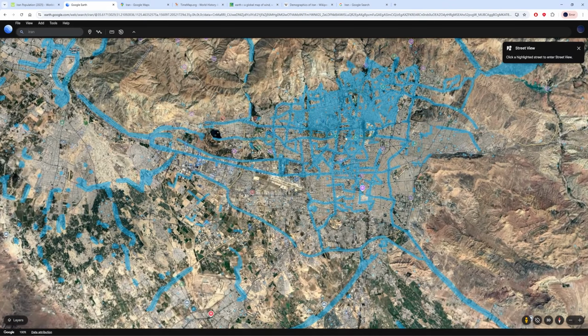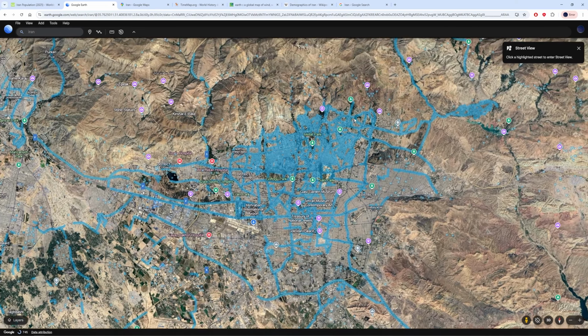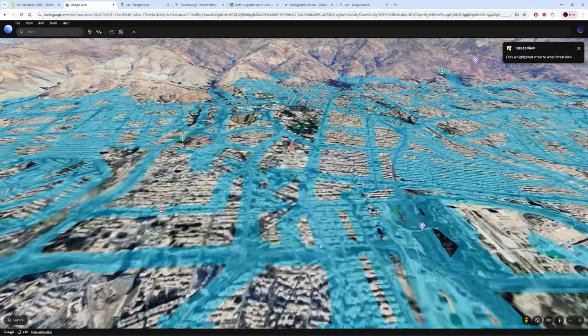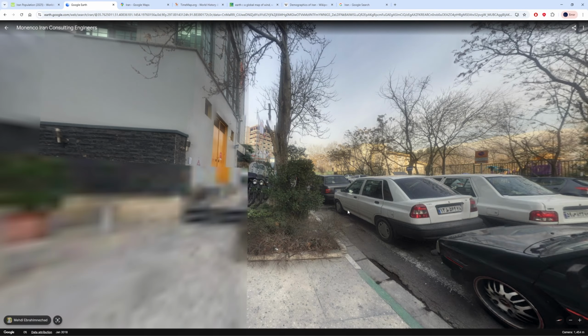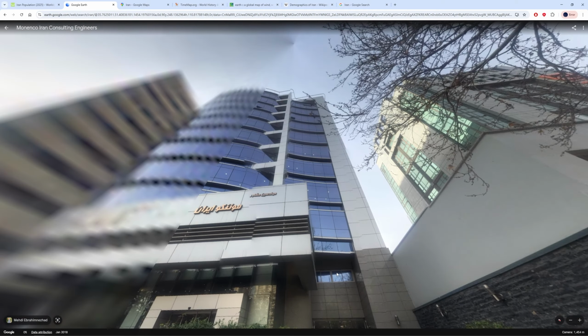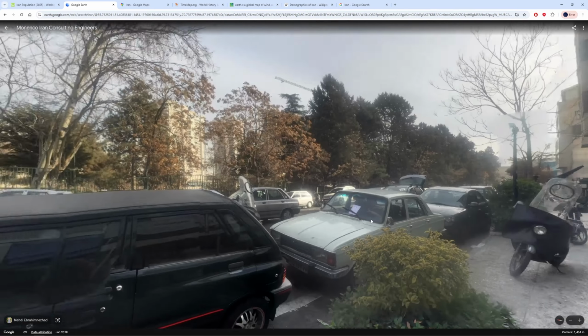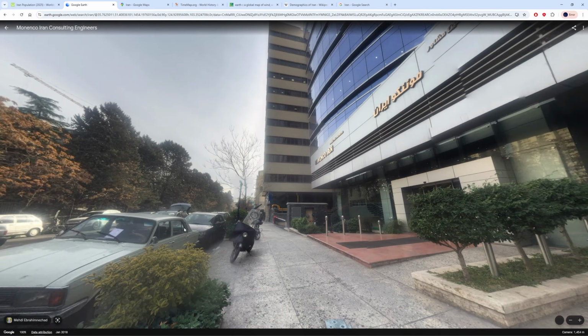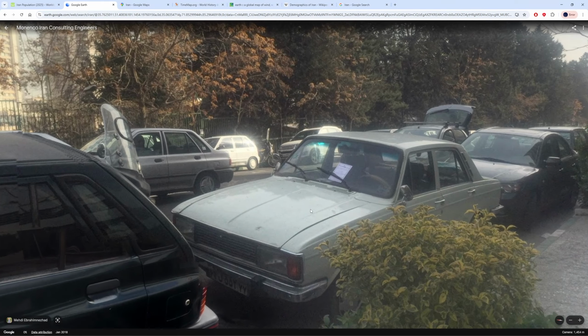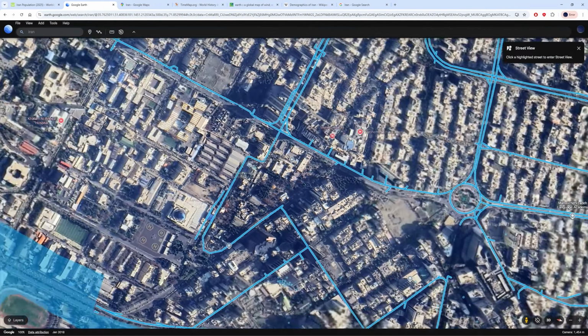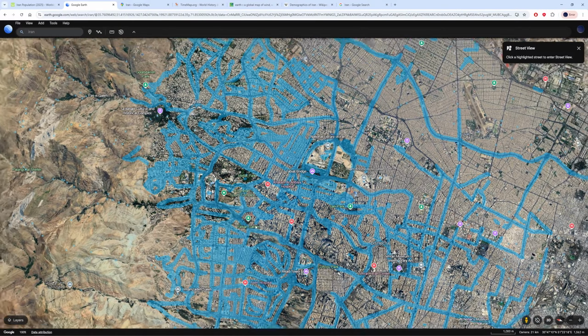So yeah, it's a pretty big city. Let's check, like I said, randomly on the map. Not that many street views, as you can see, so that clearly shows it's kind of a closed country, not that open to the rest of the people. But yeah, we have nice hotels. Those cars are so old. If you just showed me this picture, I would say this is a picture from the early 2000s, but it is what it is.